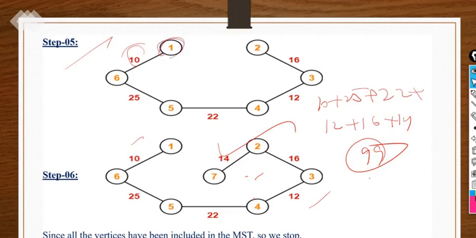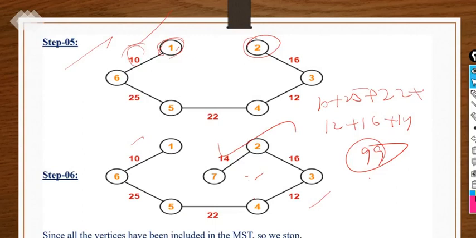You can start from here, and you can start from here also. From any vertex you can start, but from each and every vertex you have to find out the minimum weight of the edge. Whatever the number of edges included here, having any particular vertex, you have to select the minimum cost. So minimum weight edge was the main theme of Prim's algorithm.